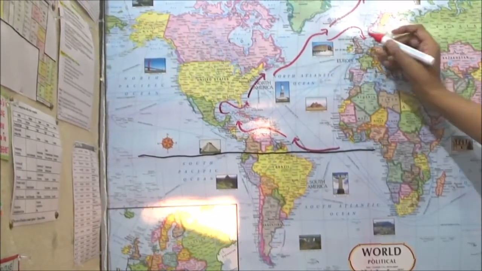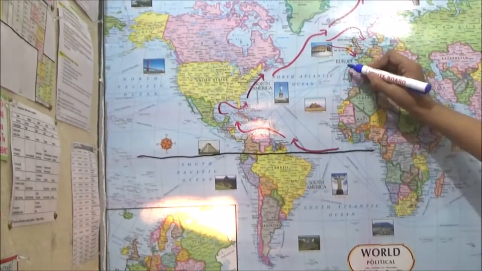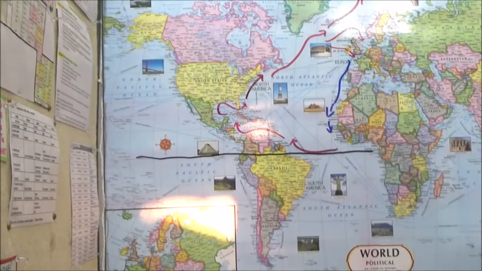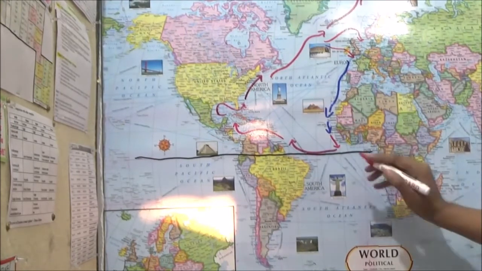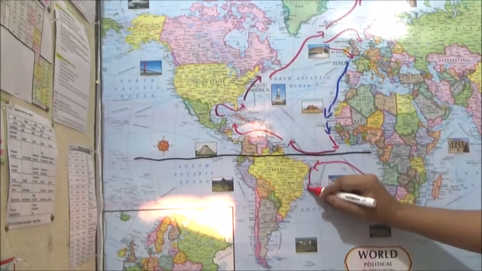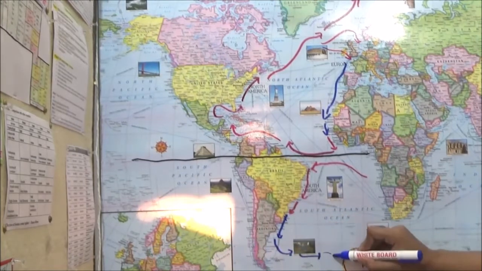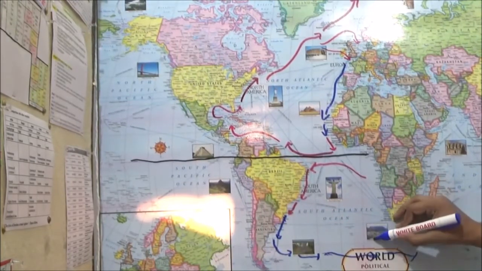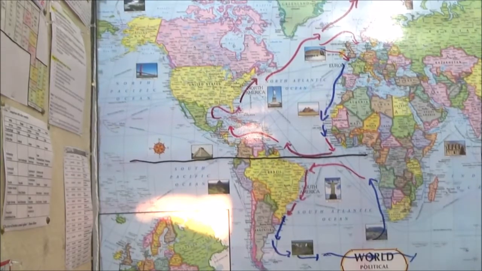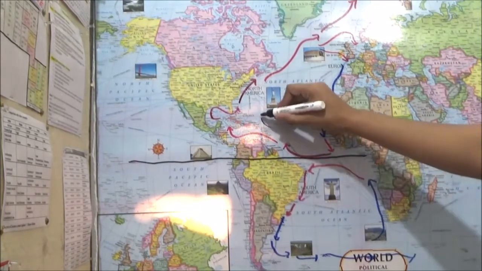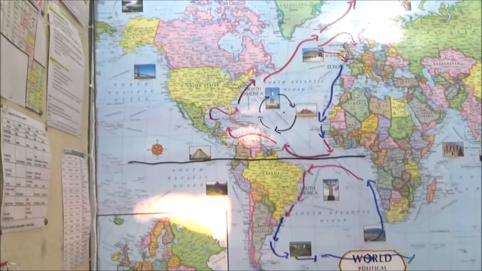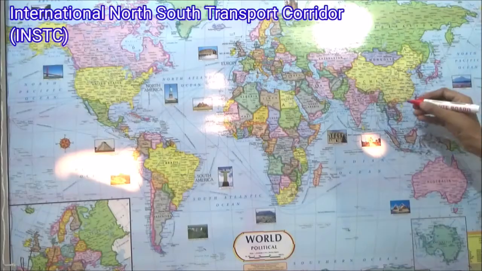current also diverges due to the Atlantic ridge present in between, and after hitting a few coasts, it turns out to be the Canary Current. And now in the southern hemisphere, the South Equatorial Current is there, then the Brazilian Current, and then it moves down as the West Wind Drift, and it again turns and comes up as the Venezuela Current. In this ocean current cycle, in the northern hemisphere, a Sargasso Sea is formed, which is also a very important phenomenon. There are many different ocean currents present, and we can practice all this on the map. So practicing it and keeping it in front of our eyes will help us to remember it for a longer duration.